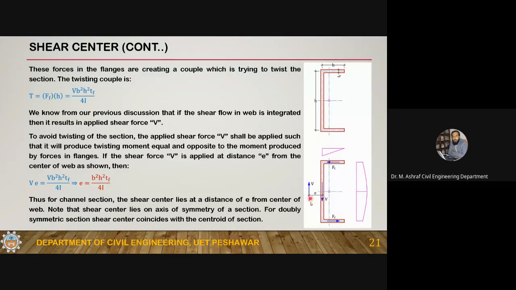My applied shear is at a distance of E from the center of the web, so V and V, the resistance and the applied shear, also create a couple, and it should be a clockwise couple. If I apply my force on the other side, it will produce a counterclockwise couple, which will reinforce this couple, which is not desirable. I want to cancel the effect of this couple, so I apply my shear force at a distance of E, so that the couple produced is in the opposite direction. So to avoid twisting,